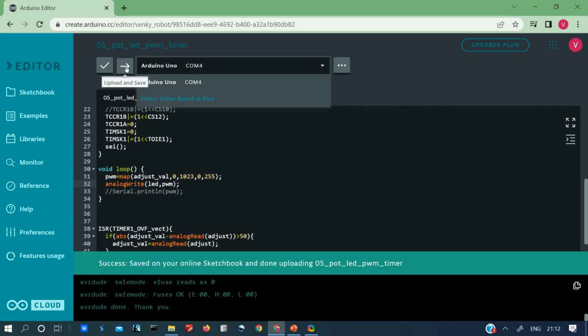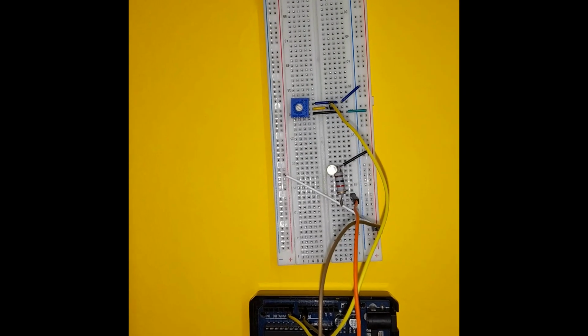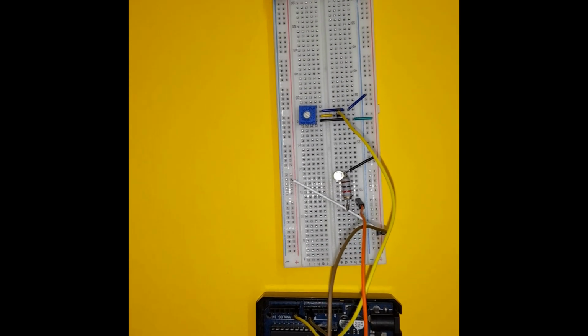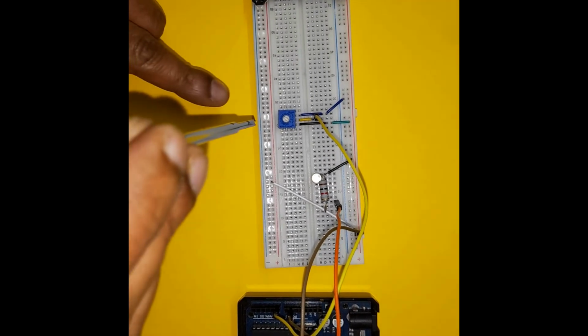The code's been flashed successfully. Now I'll just show you my setup and the practical result is there for you to see. So here's our setup, and